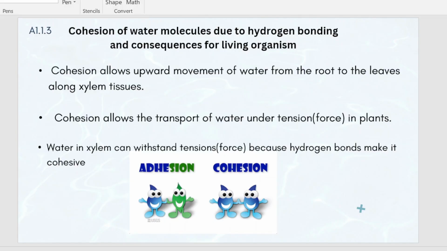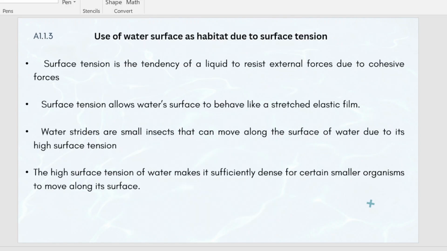So cohesion is water to water. Water is attracted to each other in cohesion. We're going to talk about adhesion in the subsequent unit. So understand that the application of cohesion is that it allows water to move upward from the roots to the leaves. All right, let's go on to the next one, which is